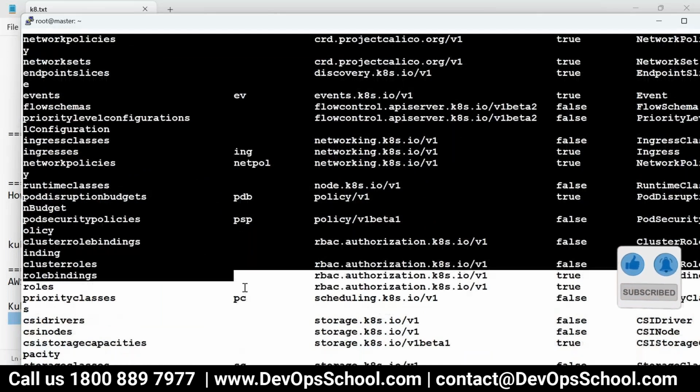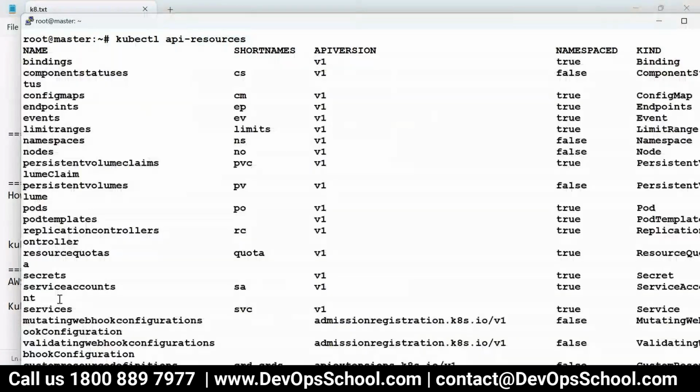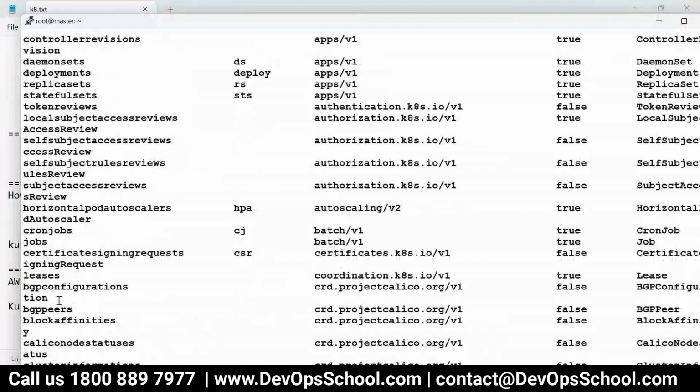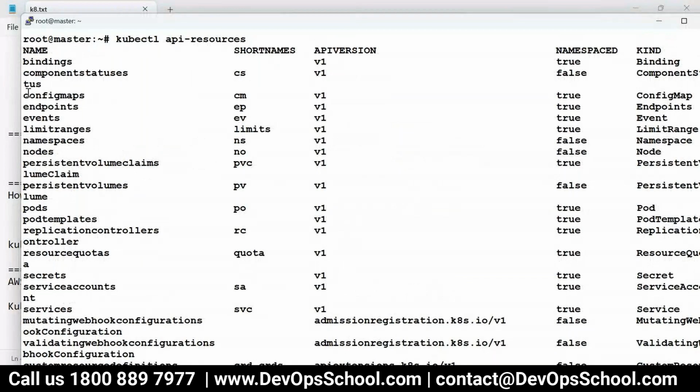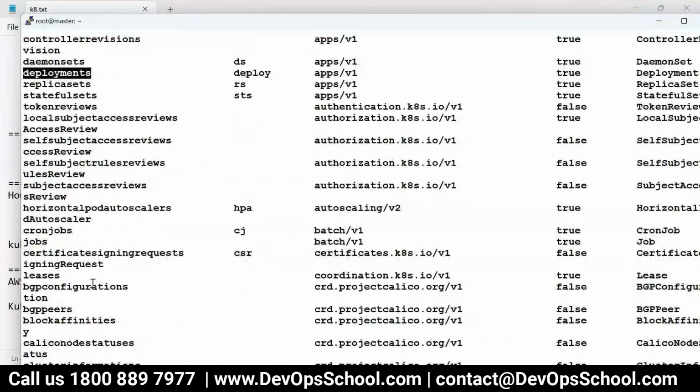Some of the resources I was talking about: namespace, pod, deployment, and service. Here you see nodes resources, pods resources, service resources, deployment resources, and namespace should be somewhere.